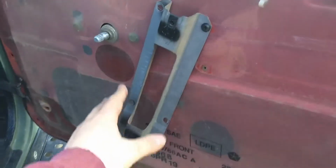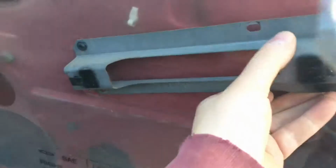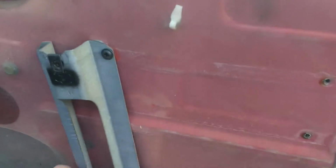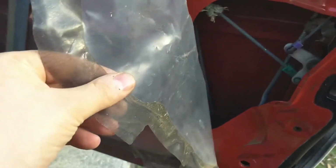So this is where I have the door panel off. This is the bracket that holds on the door handle itself. Usually it's tucked up here. Just to keep everything in one place, I loosened one screw, tucked it off to the side. Not a big deal. You also have this plastic sheet, and I try to keep it in one piece as best as possible,